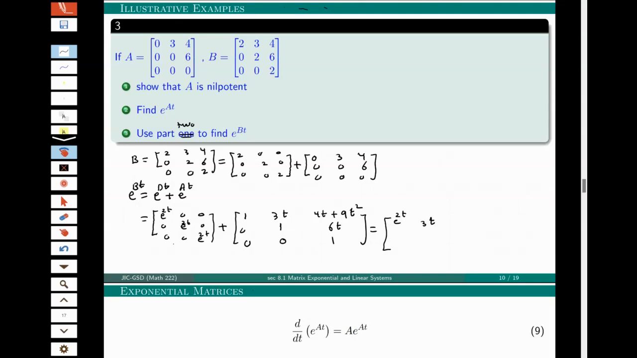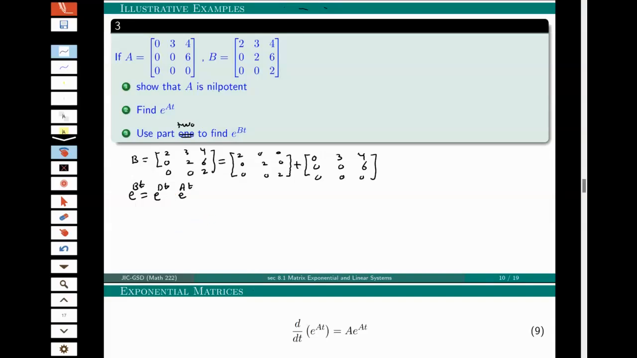Wait a minute, I have made a mistake here. It's not plus. This is not a plus, that's multiplication. It's e to the power dt times e to the power at. That will be what is e to the power d plus a, that's d, that's a, times t. So what we have, e to the power dt